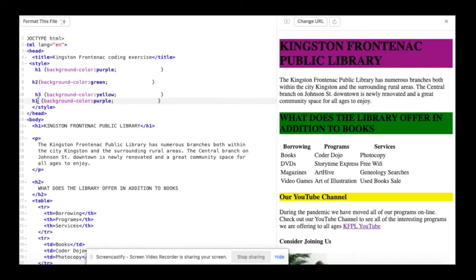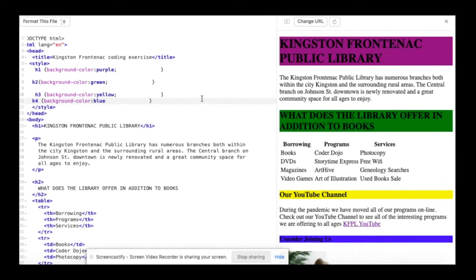I'm just saving time by copying and pasting my H1 tag that I did. So we have purple, green, yellow. Why not go with blue? And there's H1 to H4, all stylized in a different color.